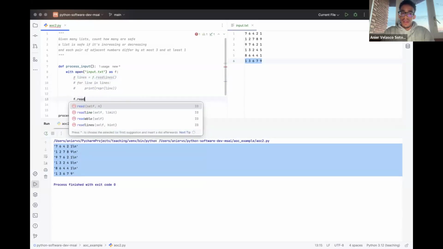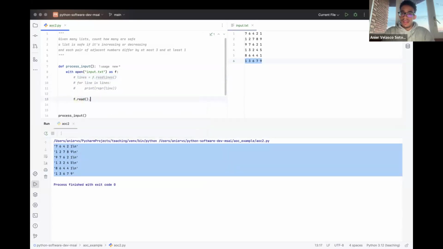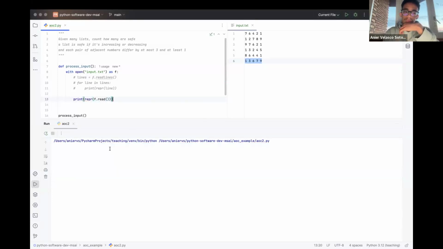I could say f.read, and that reads the whole thing. And then I can split by break of line. Why? Because when I read here, let me print it. Oops. Because when I read here like this, notice what I got. I got a string that is the full input, where I have the break of line characters splitting the lines. So I could do something like